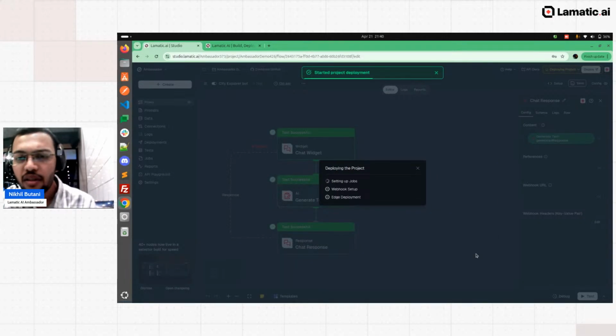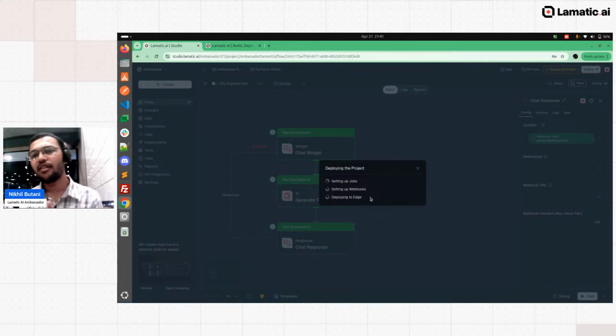Okay, yeah, you can see it says deploying your project. So it's kind of CI/CD work. It's setting up jobs, and then it will connect with the webhooks. It will check the webhook and make my URL. So just like Vercel and any of those tools work, the same thing will work here. But yeah, it will take 1 to 2 minutes. So after the webhook check, it will do its deployment as well.